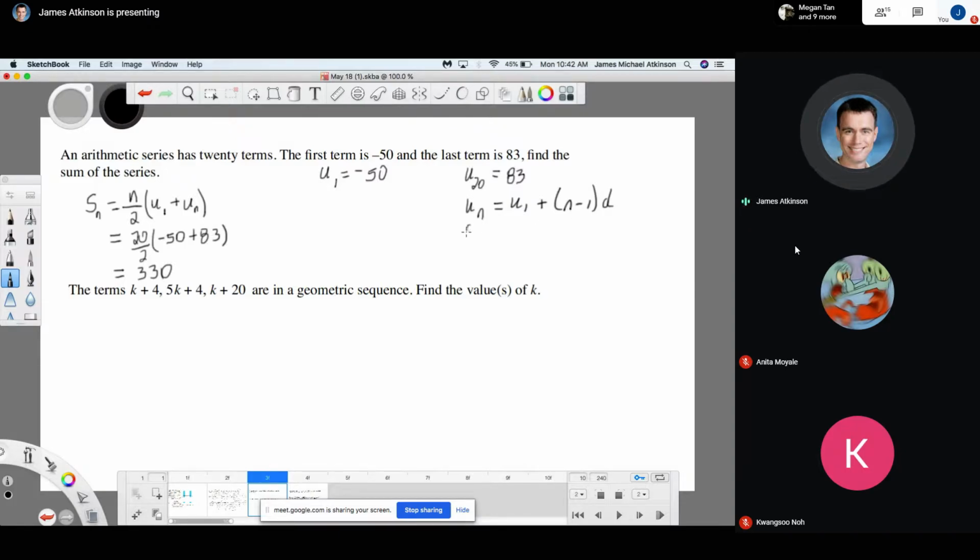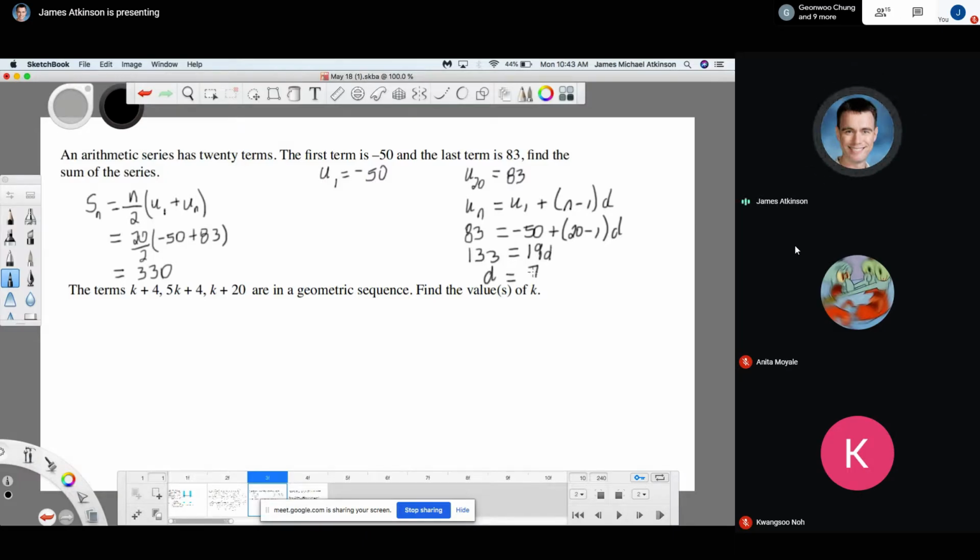And if you know that your 20th term is 83, that is to say, the value of the term is 83 when n is 20, and you know that your first term is negative 50, now you could solve for your common difference if you were sufficiently interested. That's what the question was asking. I bring the negative 50 over, and then I can divide everything through by 19, and I'll find that